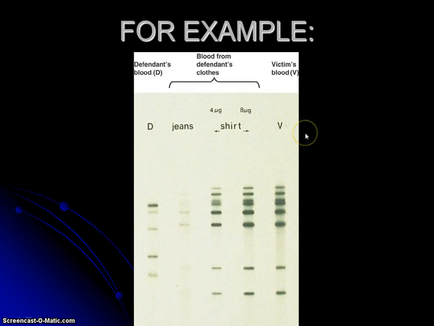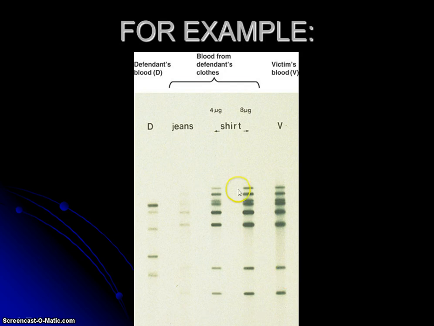Here's a sample gel electrophoresis from a murder trial. And without going into too many specifics, because we're going to try this in class, here is the defendant's DNA sample cut with a restriction enzyme. Notice the banding pattern here, the pieces of DNA, smaller pieces down lower, larger pieces up here. And here's DNA samples from, excuse me, this is from the defendant, here is from the victim. And here is, let's say we arrested someone that had blood on their shirt and we think they may have killed this person. What we do is we cut up the victim's DNA and run that with all these bands,